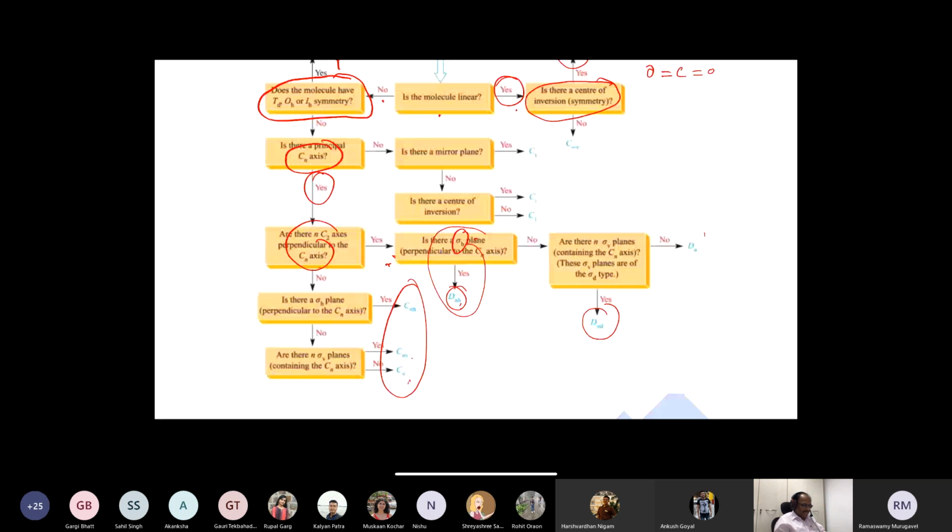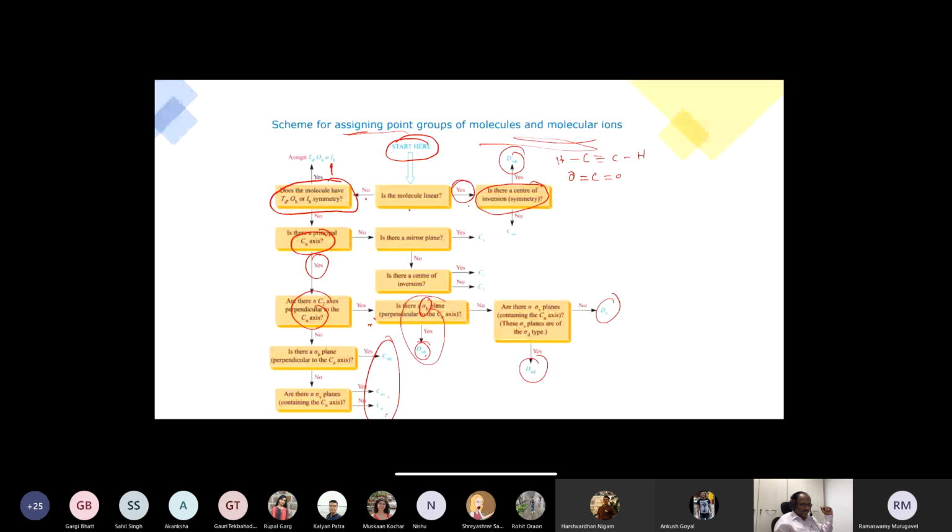You can just say ammonia is C3v. You can just say BF3 is D3h. Nickel tetracarbonyl is Td, or W(CO)6 is Oh. You can say this. But if there are some molecules which have, like the one I showed you,